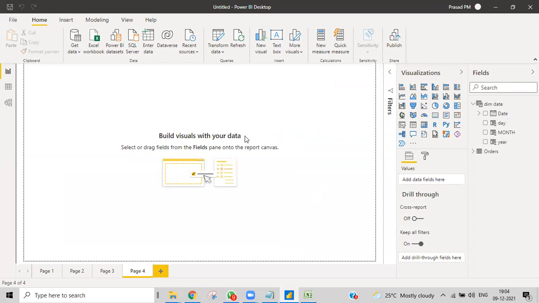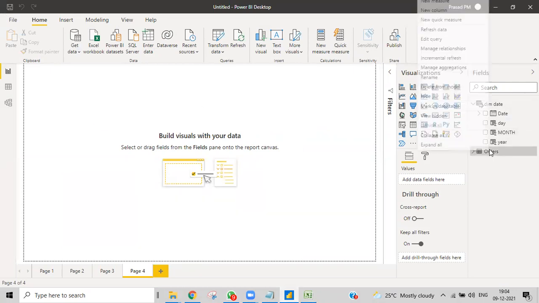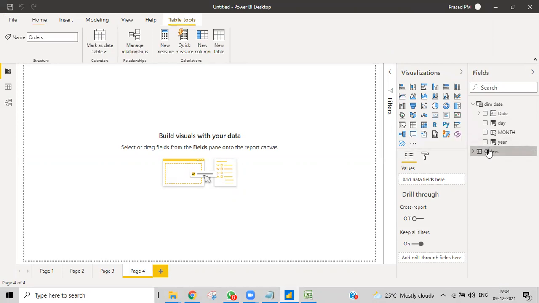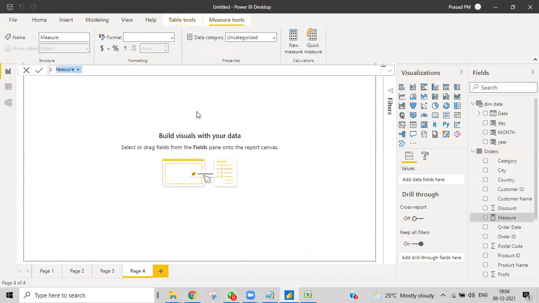That is a scalar value, a single output, so that we can take it in a measure. So I'm going to write a measure here. Writing a measure. And that is today, so I want to name it as today. You can write it as anything. Every time I'm telling you so you don't get confused, because a lot of people do the same thing. Whatever the function, they'll write the same thing. They don't understand.